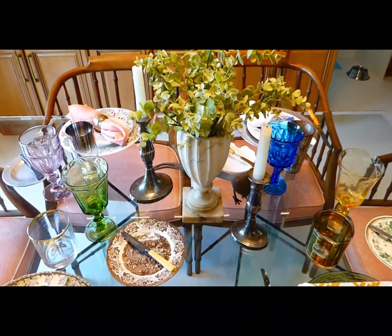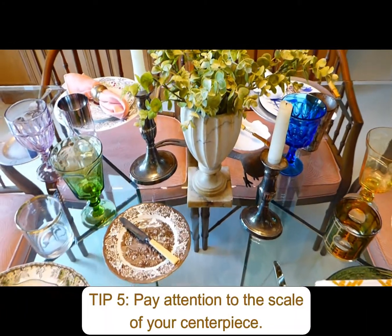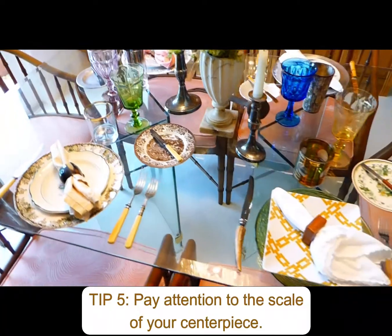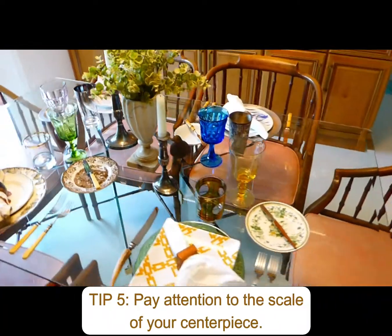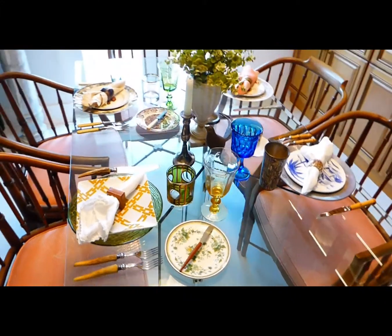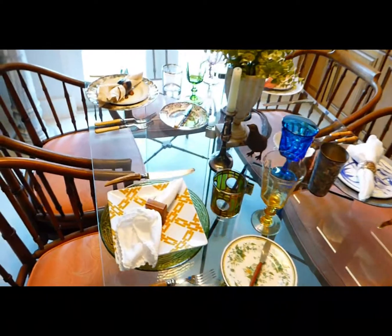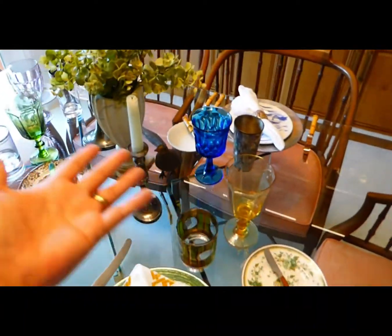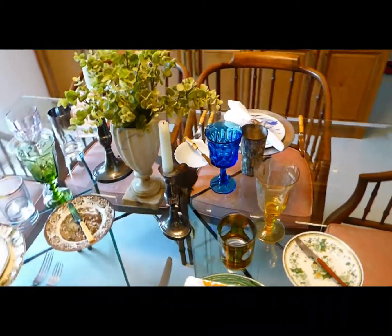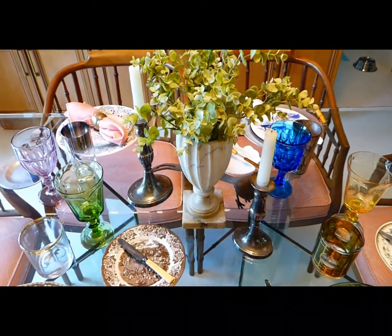And that leads me again to this final thing here, which is the scale of my centerpiece. Now, I told you earlier, my table is a lot skinnier than probably your typical table because it works in this space much, much better for us. And I can set 6 places beautifully here, but that means there's no room down the center to put the food. And so I want to have something there, typically, and a